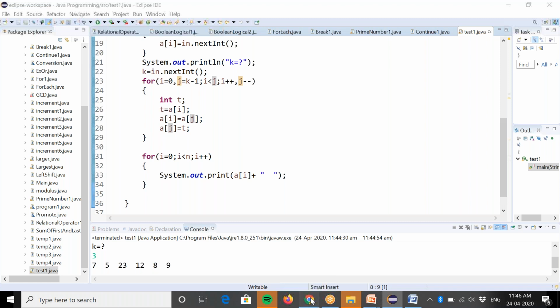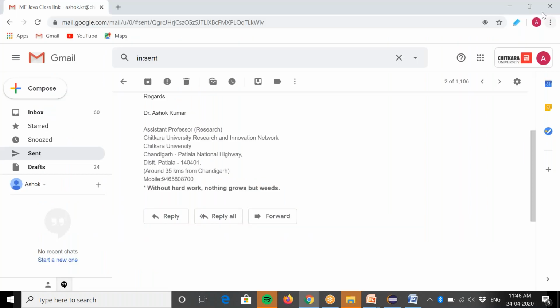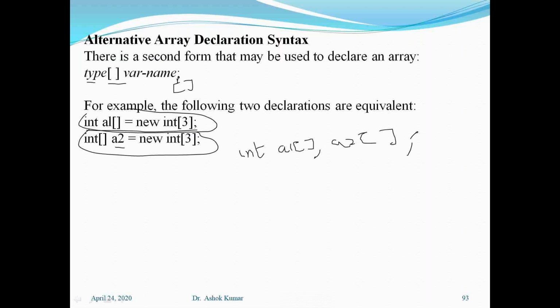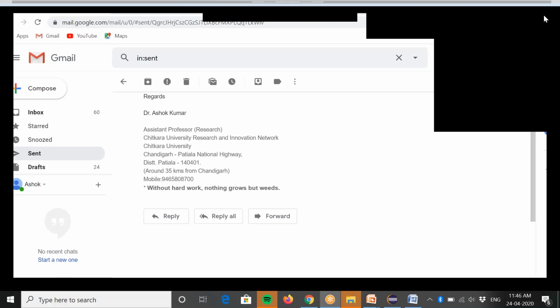right? If there is any doubt, you can write